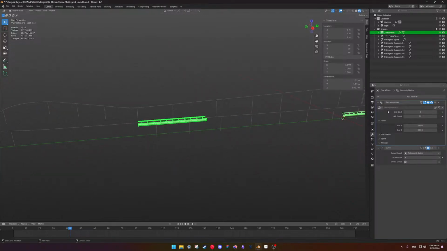Hold on. Doesn't have a root, does it? Nope. Track. No, it's called spine root.